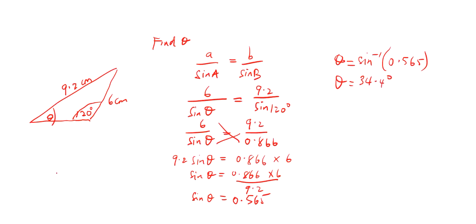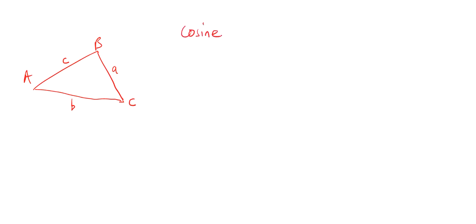Alright, so these are two examples that show you how to use the sine rule. Let's look at the cosine rule now. So in the case of the cosine rule, if we have a triangle A, B, C, therefore we know that this length will be small c, this length will be small a, and this length will be small b. The cosine rule says that